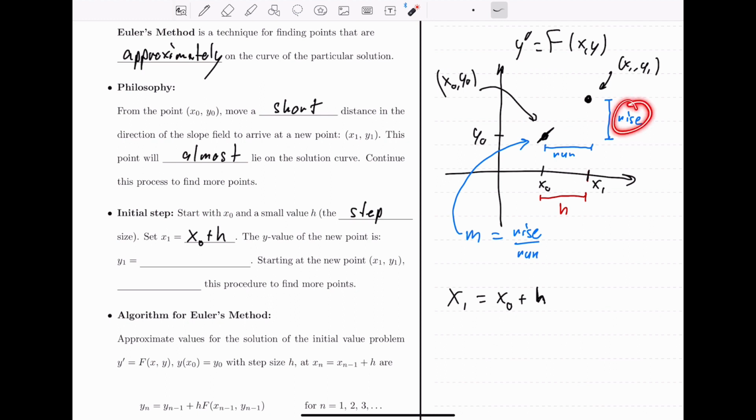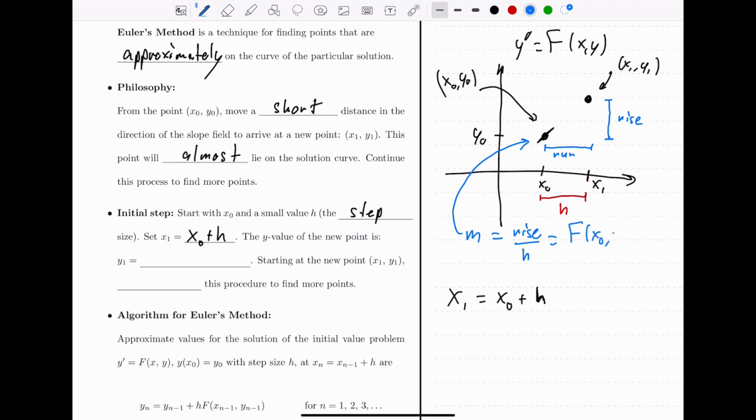Now, the rise is what we're going to add to the old y value to get to the new value. What is the run? Well, the run is just this horizontal distance h. So instead of rise over run, let's just call it rise over h. That's the run here. So here's one way to think about the slope. But another way to think about the slope is that the slope is the value of the differential equation at that point. So we have the point x0, y0, and the slope at that point, sure, it's rise over run, but more precisely, the slope is the value of the differential equation at that point. So the slope can also be written as